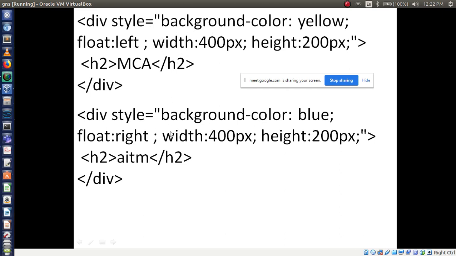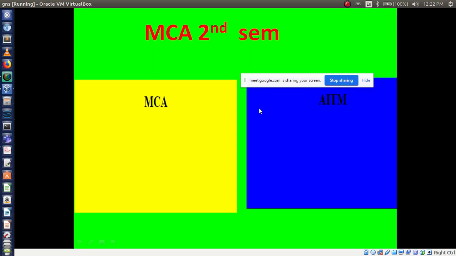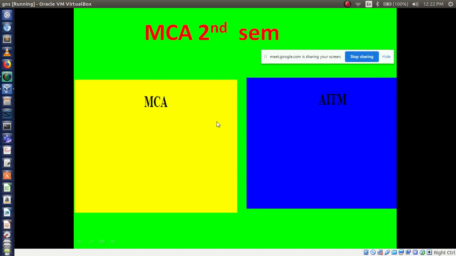So here I have taken two division tags. One is blue color and one is yellow color. So it is displayed in that way, right? Now to make a division like this, how to write the code for this? Here I am using MCA second sem in H1 tag, and it is displayed in center.